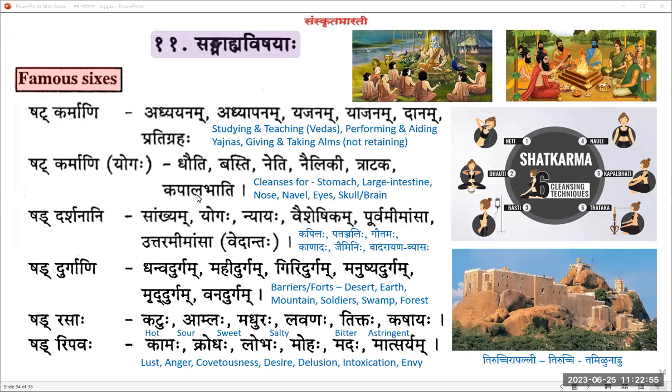Then Kapalabhati. This is also another pranayama type exercise with a little involvement of, again, abdominal muscles. So you see here Kapalabhati is shown, right? Basically, this lady's abdomen is shown completely withdrawn. Basically, the idea is you take one deep breath and then go through several cycles of pure exhalations. But each exhalation is accompanied by heavy flapping of the lower abdomen. Okay, and it keeps going inward as you get less and less air remaining in your chest.